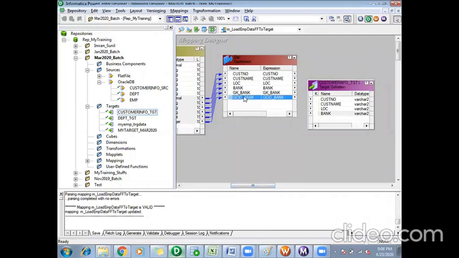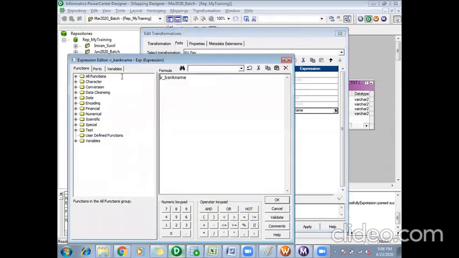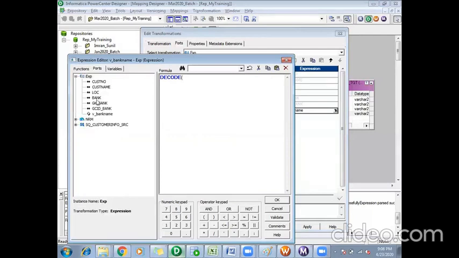Okay, now I'll create one port in my expression transformation. I will make it a variable port. I will call it v_bank_name. Here I will write the code. I will use the decode function. The port I will search on is GCID.